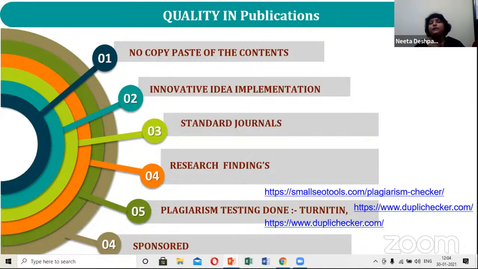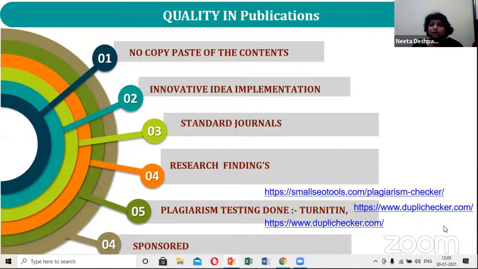And whenever you write a paper, plagiarism testing is very, very important. So ensure you're doing your plagiarism testing. Turnitin is a standard software used for plagiarism testing, and most colleges purchase it. Again, I repeat, colleges where there are research centers purchase all these things. Well enough, whether or not your college has it, it hardly matters, because many software tools are also available for checking plagiarism in content.